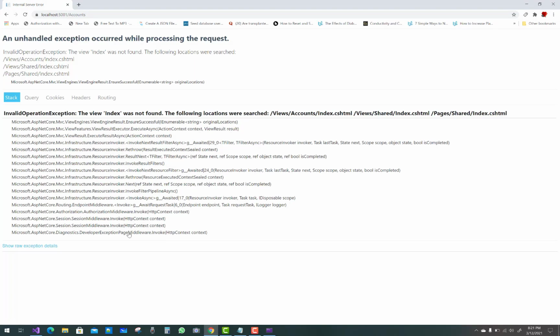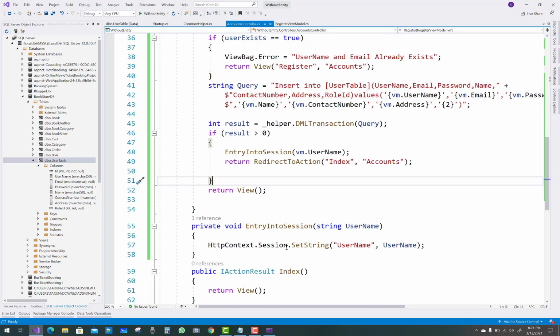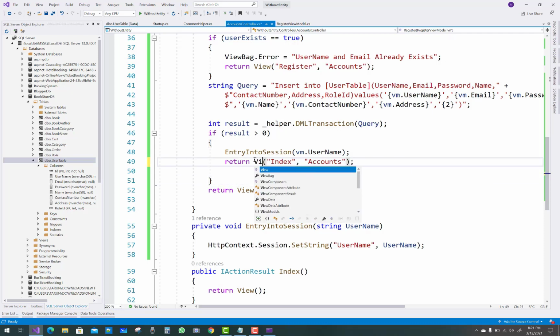Okay, Index.cshtml is not found in the view. So if you want to add it in the Accounts controller, that is Index, then it is simple. So successfully run your Register.cshtml file, and before going to Accounts Index you just add a view.